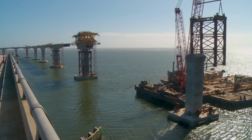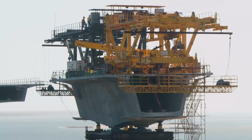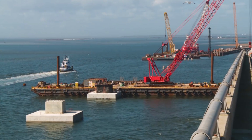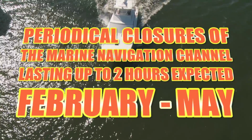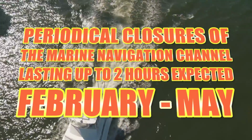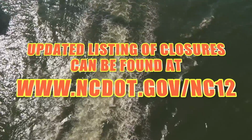On the waters of the navigation zone, crews are rapidly constructing the supports and pier tables that will form the second half of the bridge's navigation zone. As work on and above the waters of the navigation zone progresses through May, mariners in the area should expect periodical closures of the Marine Navigation Channel for a period lasting up to 2 hours, pending advance notice from the Coast Guard and NCDOT. An updated list of these closures can be found at